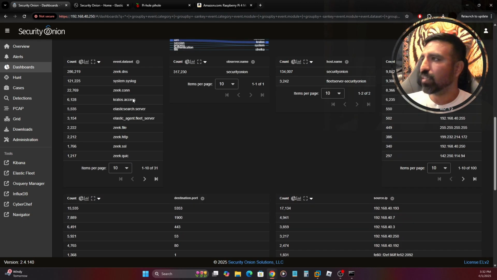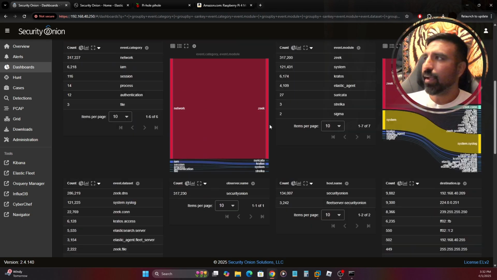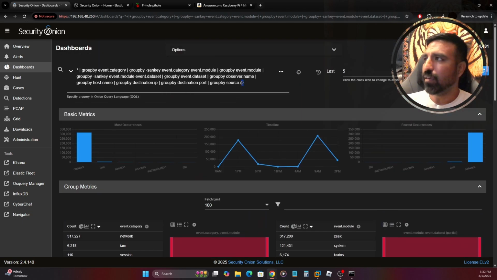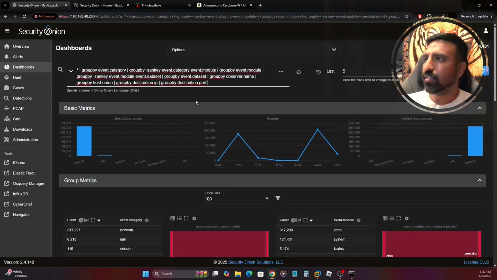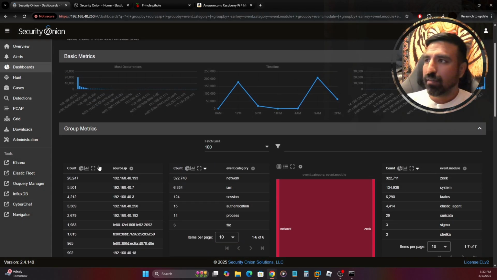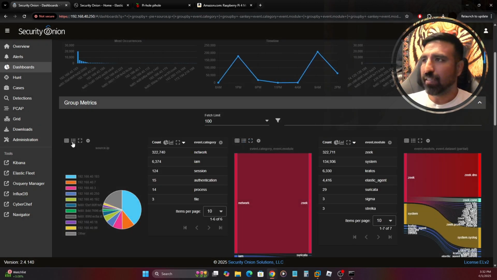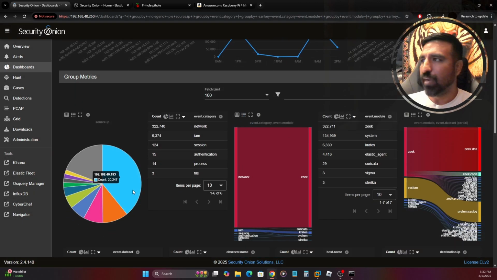If you want to move things around on this dashboard, like here, I have the source IP, and say I want to move the source IP up to the front. I can just go ahead and grab that because it's using an Onion query language here. So I would just copy that, move it to the front, submit that, and then there it is, source IPs is the first thing I see. I can look at it again in pie chart or different other formats,